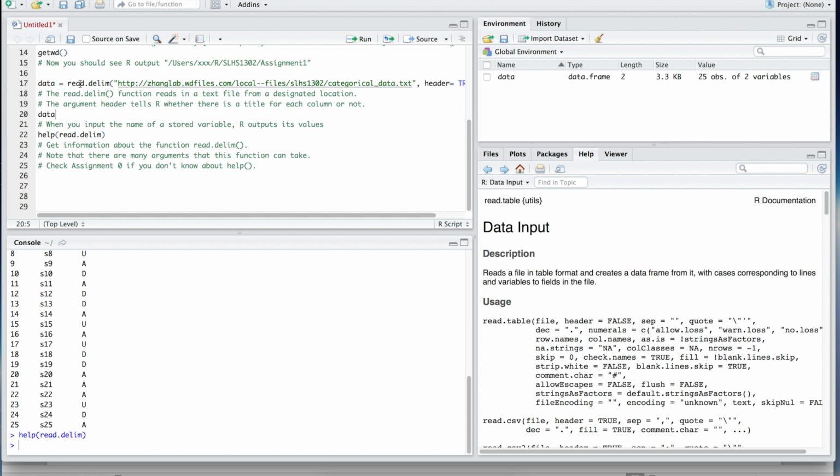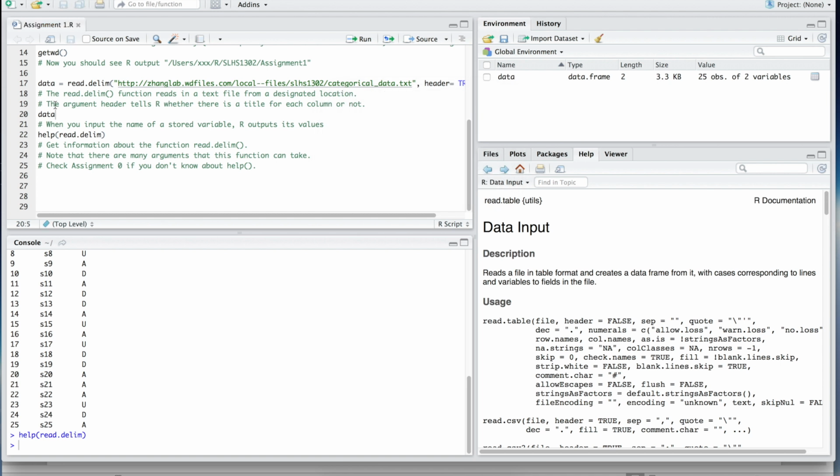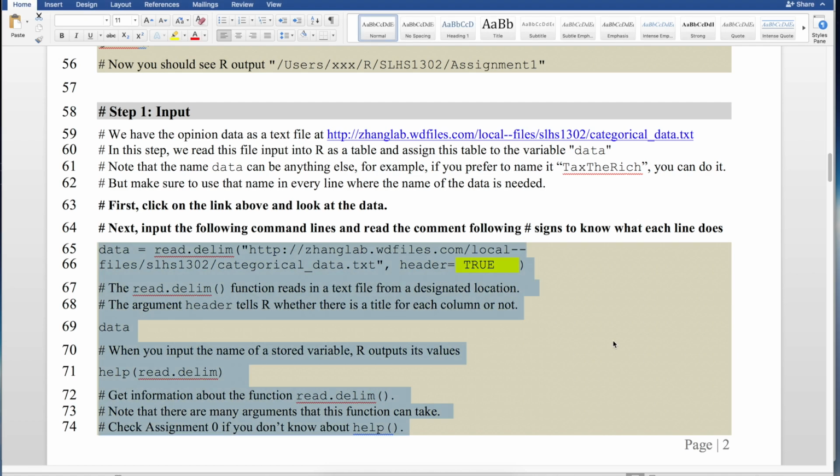All right, and also while you are going through and inserting your code lines into your R script, you may want to save the code lines every so often, and then you can save this R script as the assignment name. So I'm going to give it the name assignment 1, and then we will save that. And then you can see up here that it changed from untitled to assignment 1. All right, so going back to the assignment,